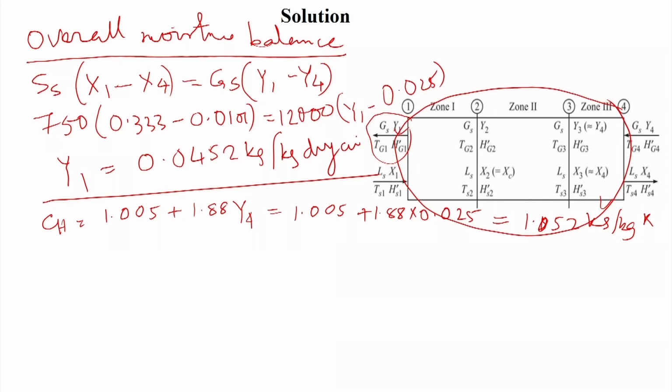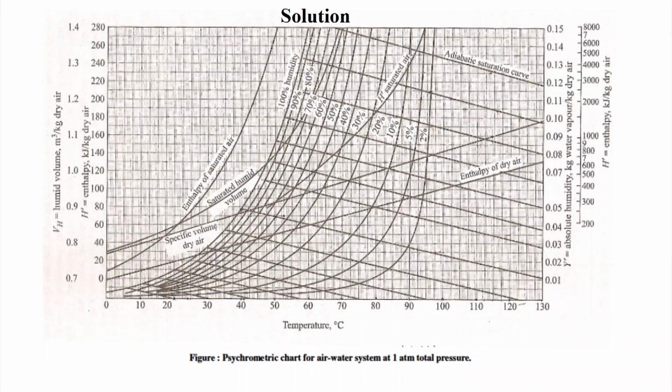So, now we need to take the help of this psychrometric chart to get this Tg3. So, we will be doing it like this. We need to assume a value, let Ts3, that is, we assume one value, 40 degree Celsius. For the time being, let Ts3 be 40 degrees, which is nothing but the adiabatic saturation temperature. So, we will take this at 40 degree Celsius here,